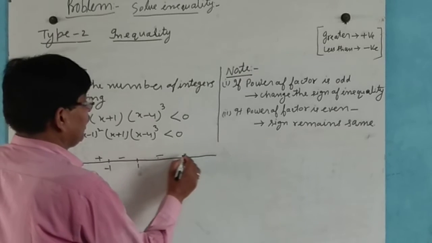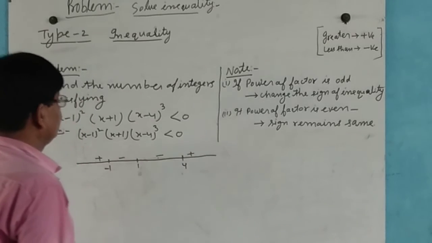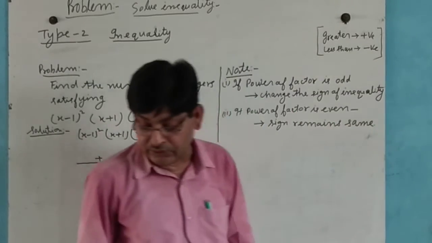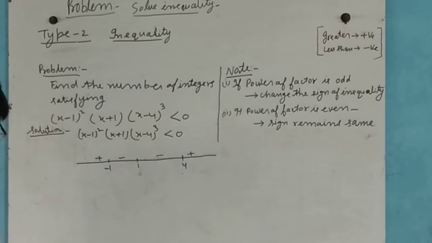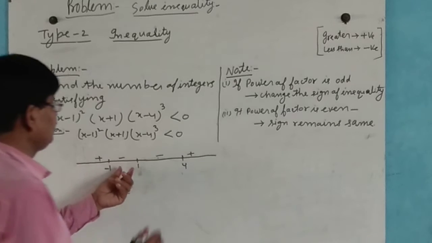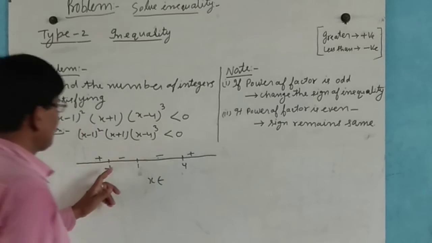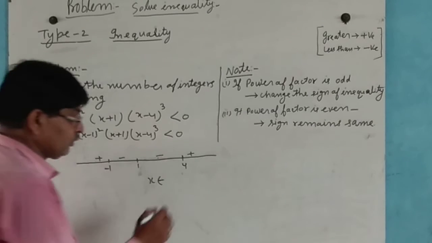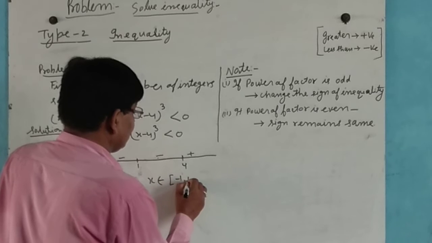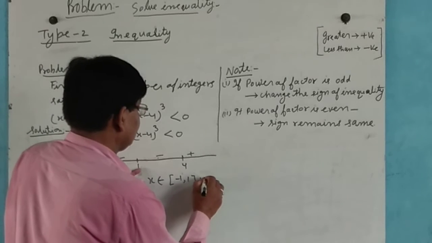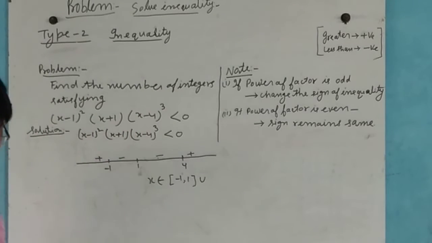Here is the negative part and here is the positive part, and this is less than 0, so in this case we take the negative part. We take the negative part, this and this, so that x belongs to minus 1 to 1, and union